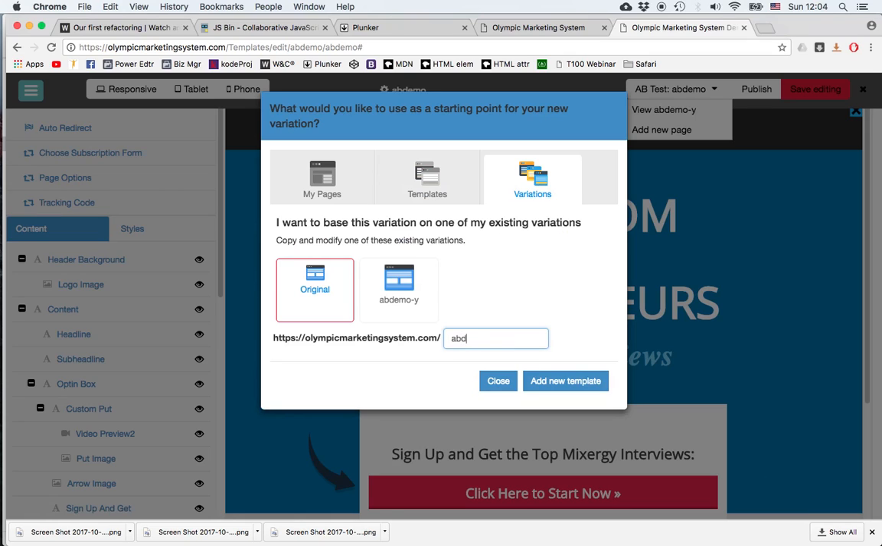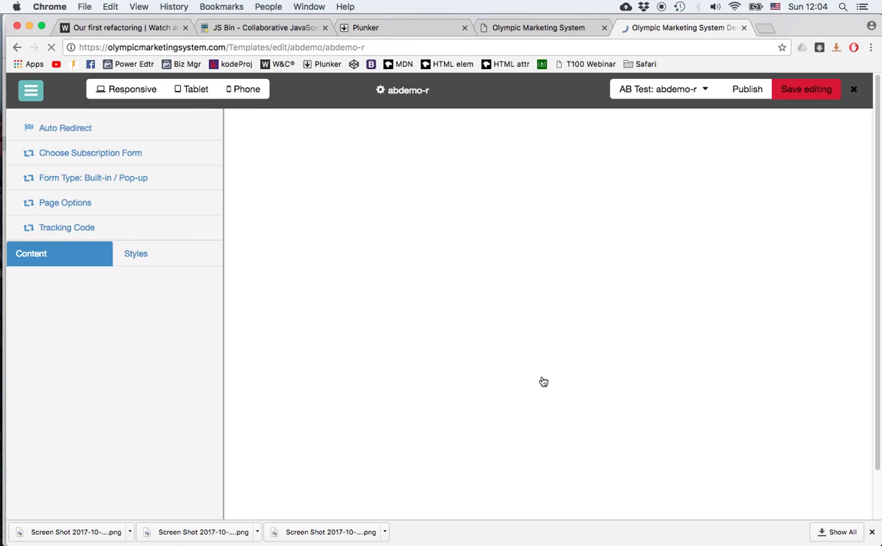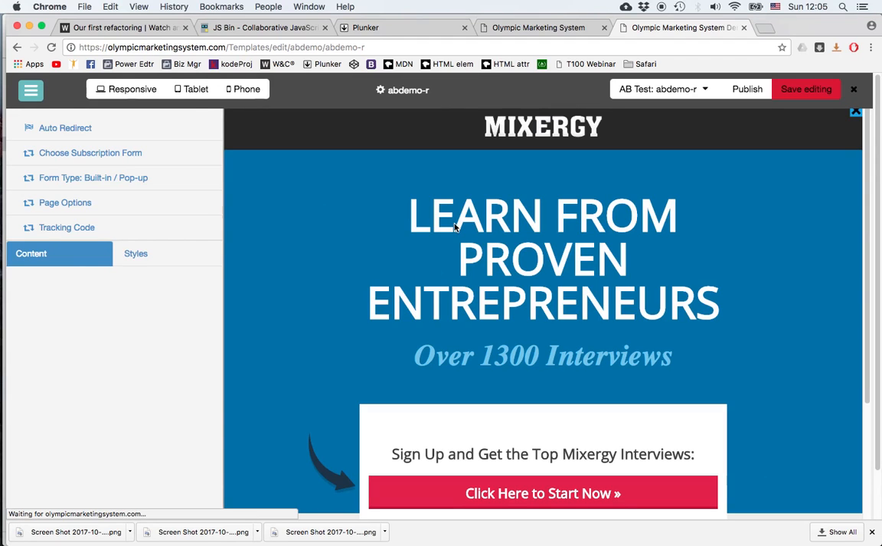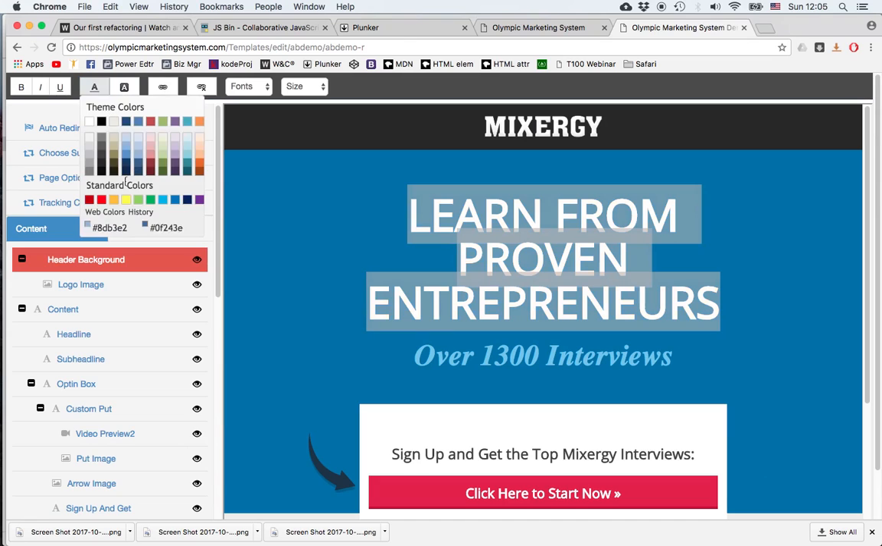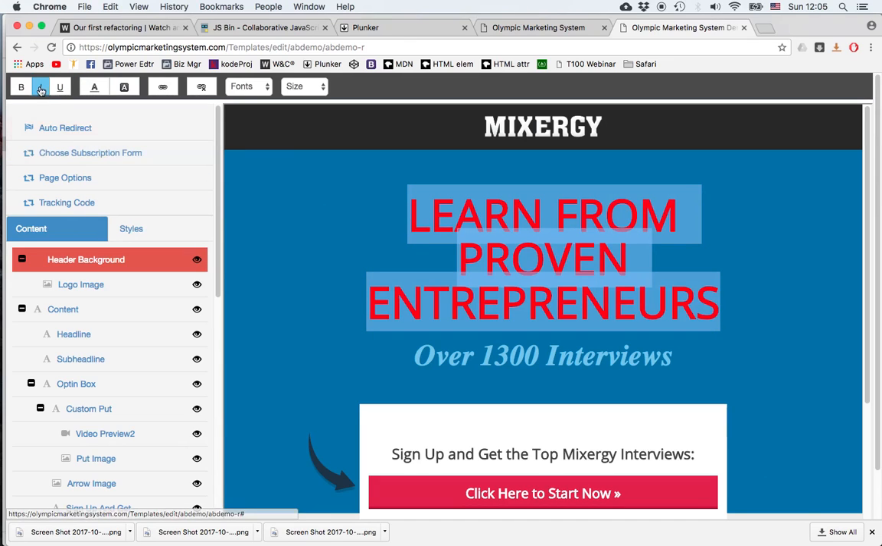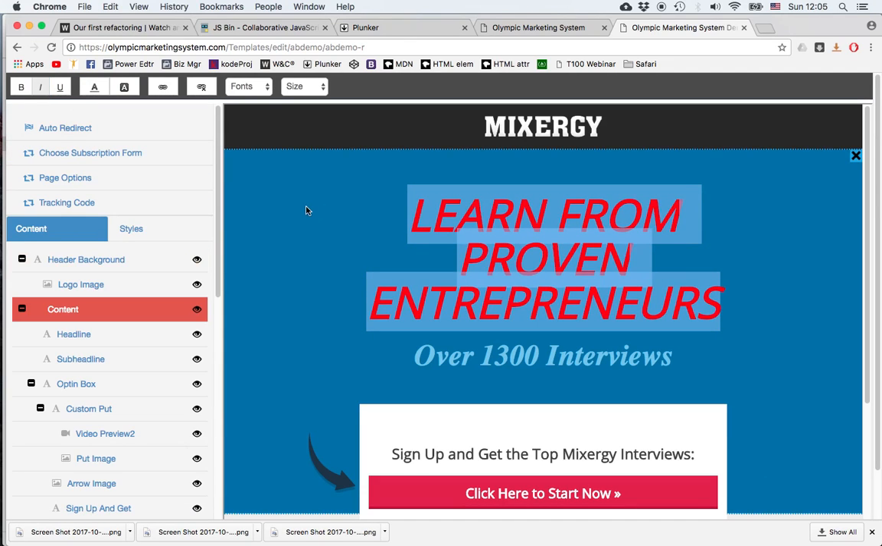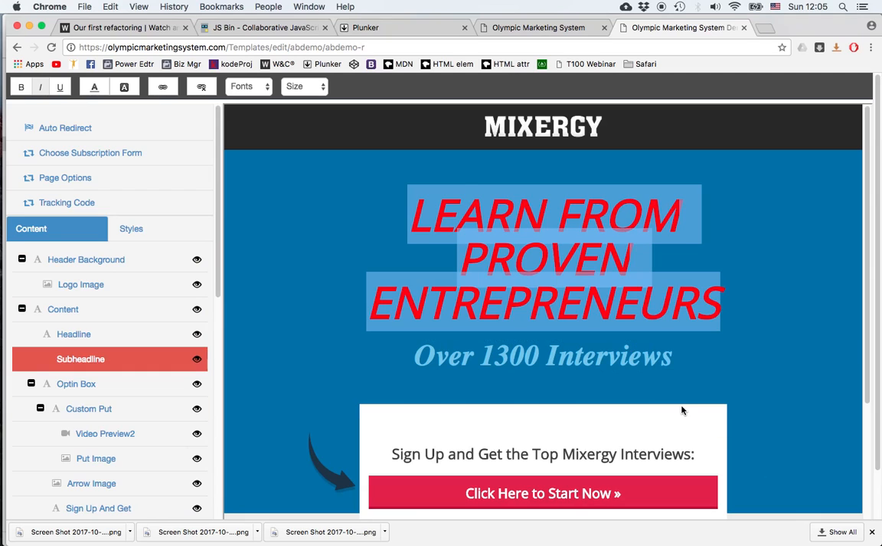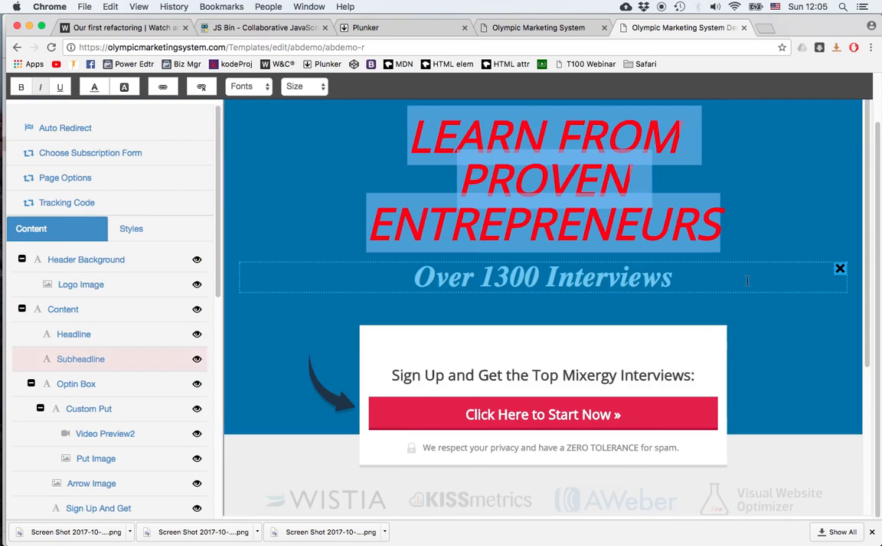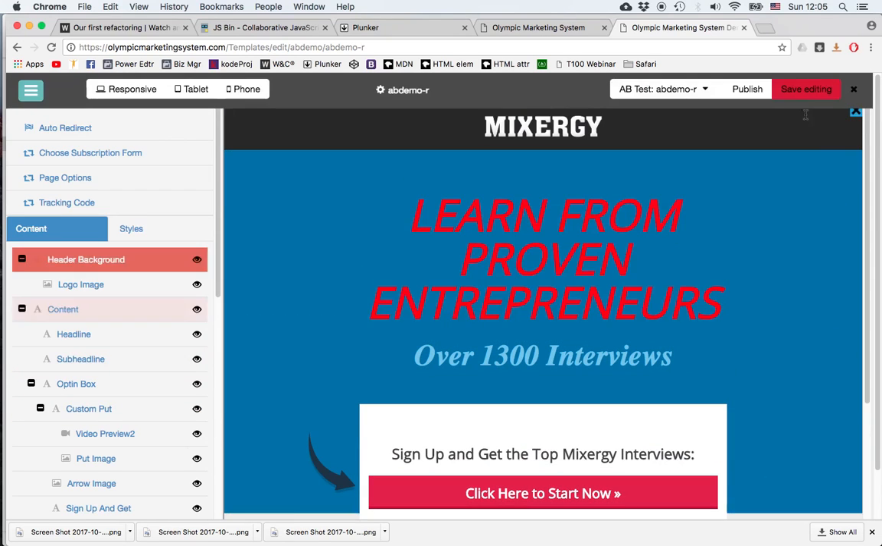I'll call this A/B demo red. I'll add it, and now that I'm working on it, I can select my text, change it to red, maybe change it to italics, and of course I can make any change I wish. I can change the background, I can change the text, remove a block of text, anything I want to. So I'll click Save,